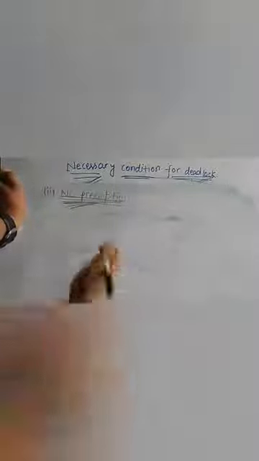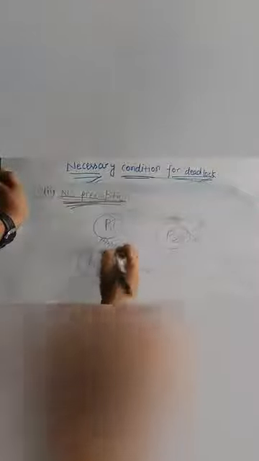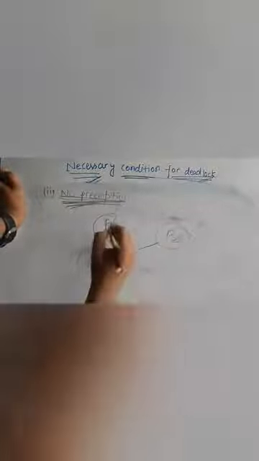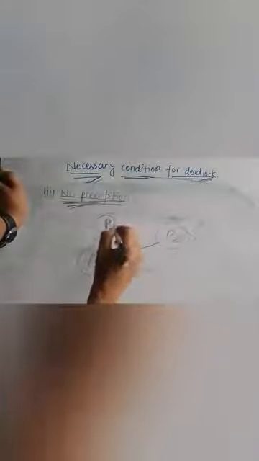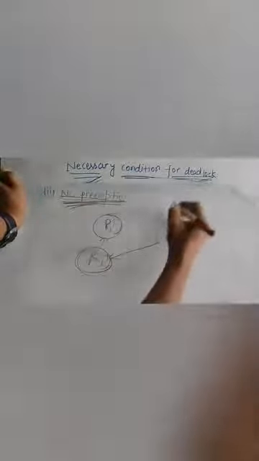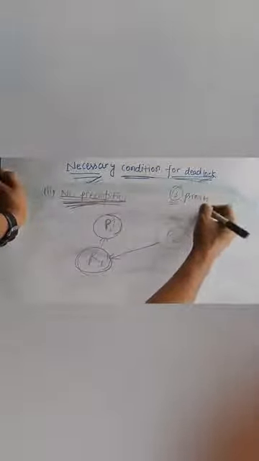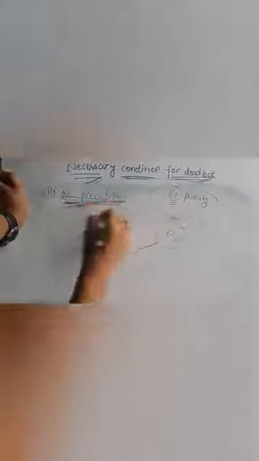Now the second necessary condition is no preemption. This is our process P1, this is our process P2. Process P1 is holding resource R1, and process P2 wants the resource R1. Here, until and unless P1 releases it by finishing its own work, it won't release resource R1. And also remember, here we cannot generate a case of priority. This is our no preemption case.